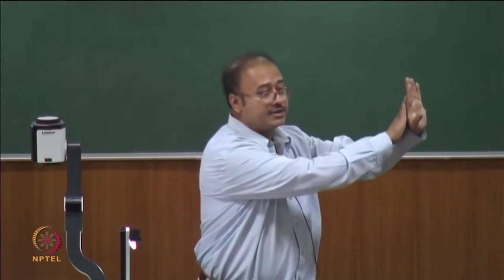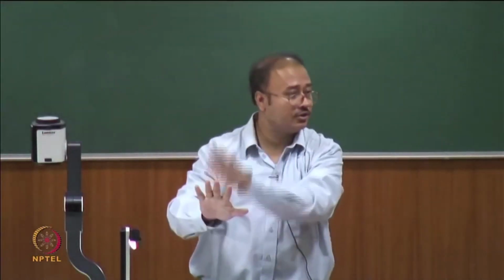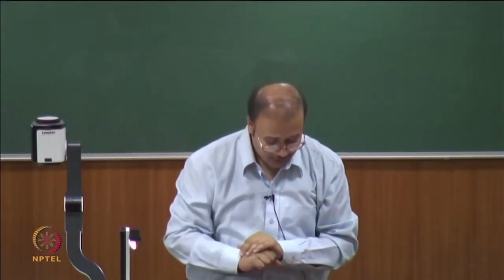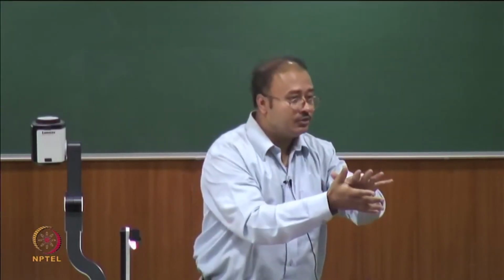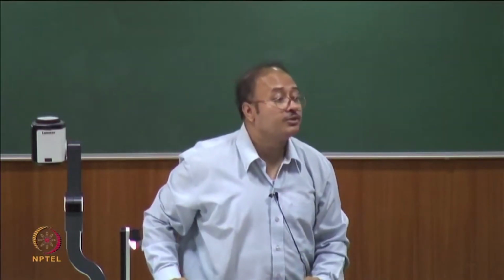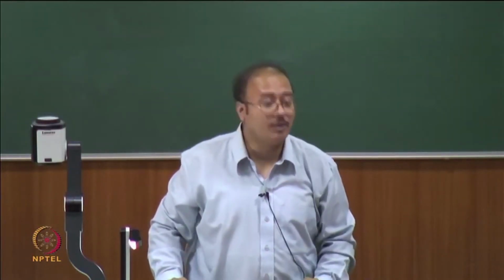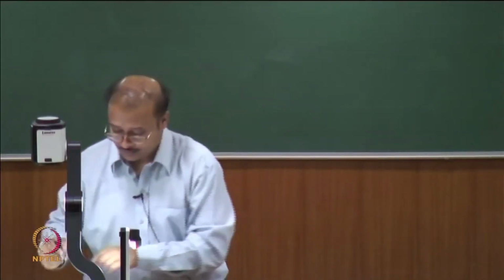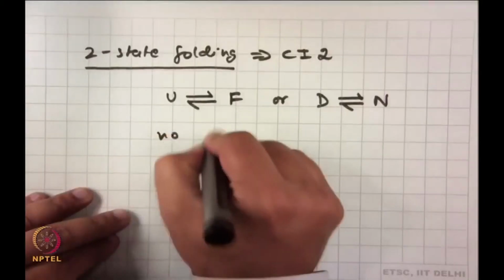So, you have to know its energetics, you have to know its structure, and if there is an intermediate in between, you would have to know that too. But what is the problem with the two state protein? The problem with the two state protein is there is no intermediate,